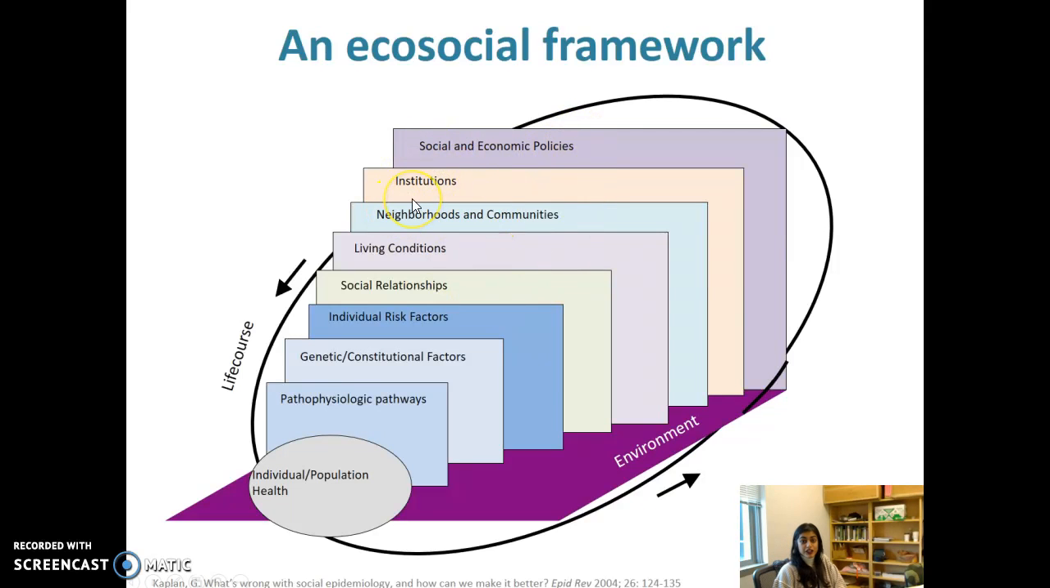Institutions, what this is referring to is schools, prisons, hospitals. So these are establishments that also are large players in the society, but also in the health of a community. Neighborhoods and communities, often health is measured using a neighborhood or a community as a unit, because very often exposures are at the level of a neighborhood or a community. Living conditions generally refers to the unit of family, and so this is exposures that happen